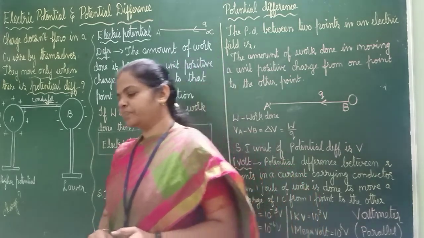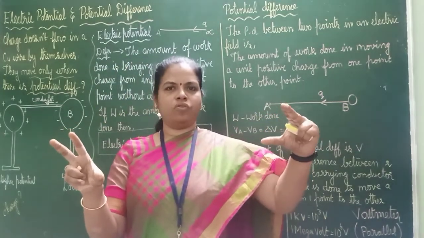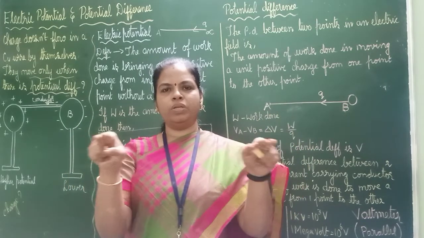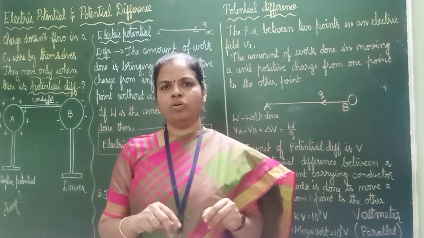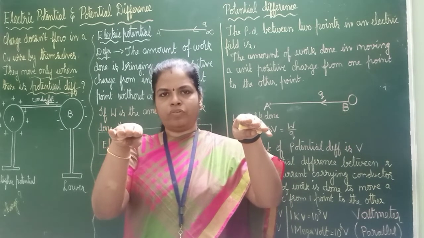Before that, there are two tanks. Okay, in one tank there are 5 liters of water, and in the other tank we also have 5 liters of water. You are connecting a tube in between. Will there be any flow? Because both are of equal height, will there be any flow? There will not be any flow.